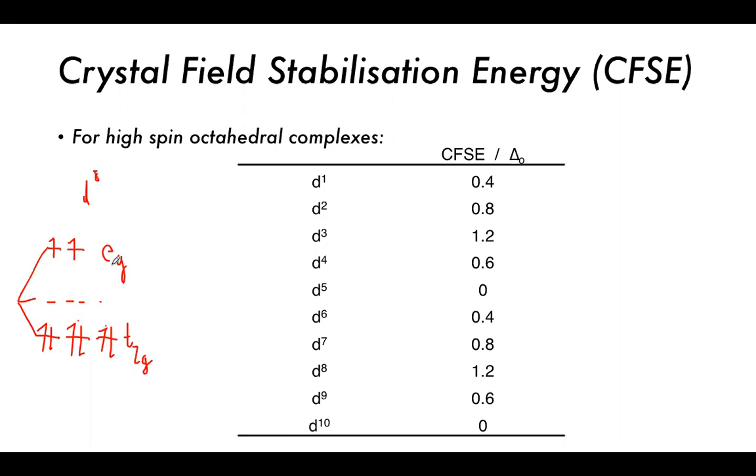All right, so then we can calculate the crystal field stabilization energy. So that's going to be equal to the number of electrons in the T2G set times 0.4 delta O. Sorry, I wrote it the wrong way around. This one here is 0.6 delta O. Okay, so those in the T2G set, that's 1, 2, 3, 4, 5, 6. So 6